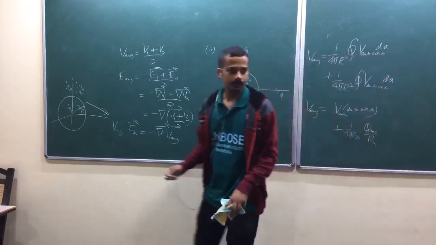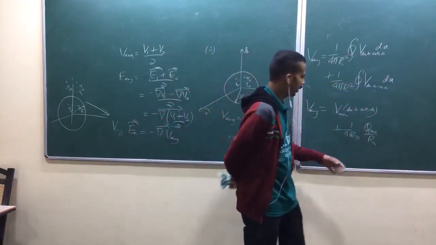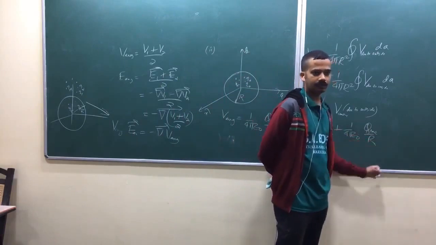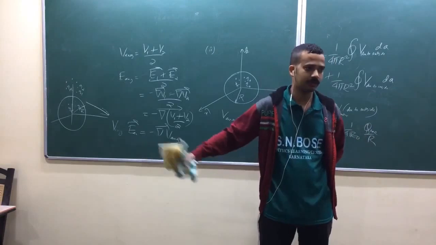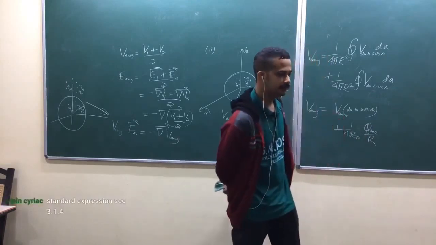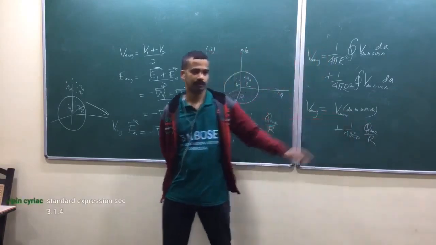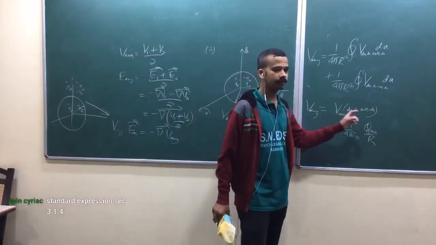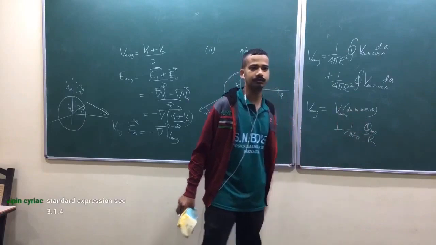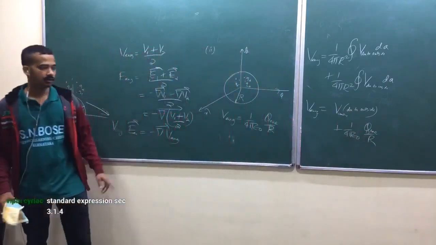Okay. So now, the average potential due to inside charge is constant. That's why its gradient equals 0. Average electric field due to inside charge is 0. That's that problem. And these two will be equal, after you take the gradient of this one, because the gradient of this one is 0. Okay, have a note on that.